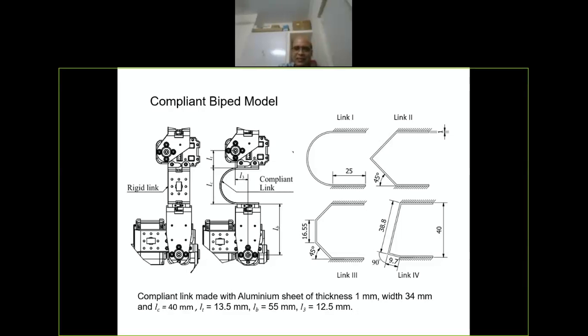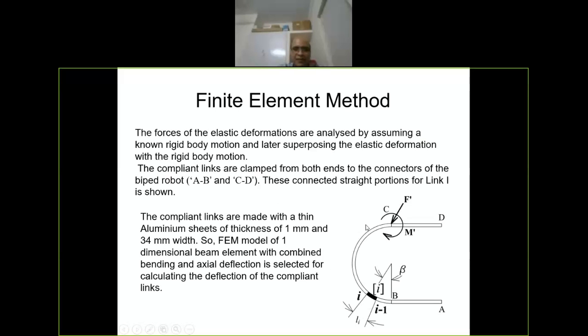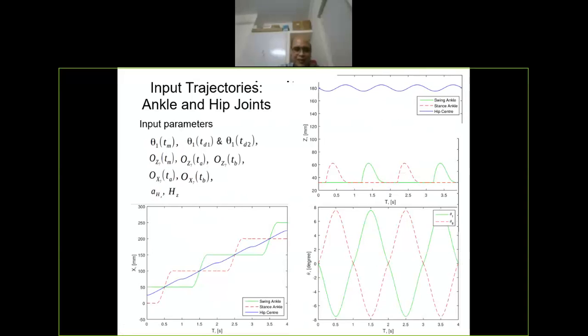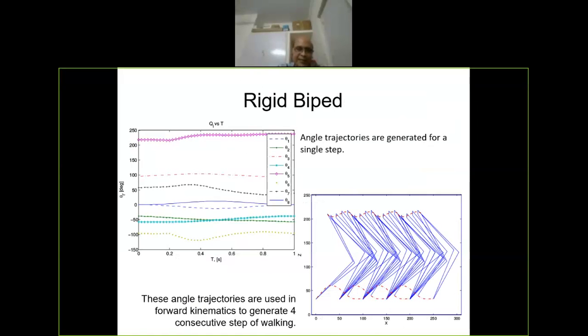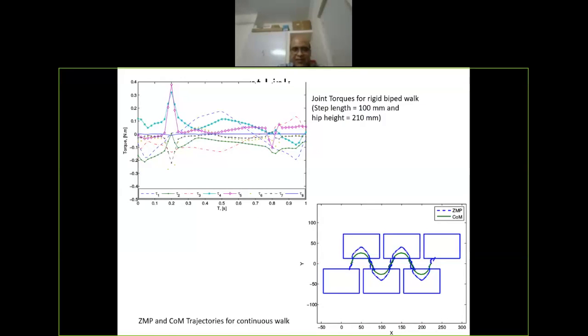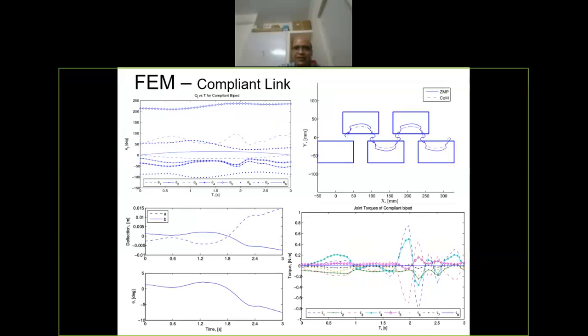So that is how safe robots, or robots which are working with humans, called human-robot interaction, robots for human-robot interaction, these robots. And if you put compliant joints again, then we can do FEM to find the deflection of the joints, and based on those deflections, we can find what is the optimal gait. Something interesting here is that if you look at the top right figure, this is the zero